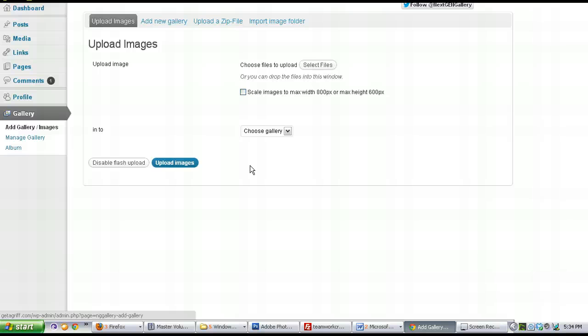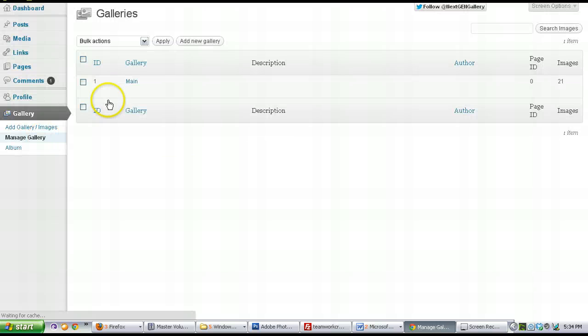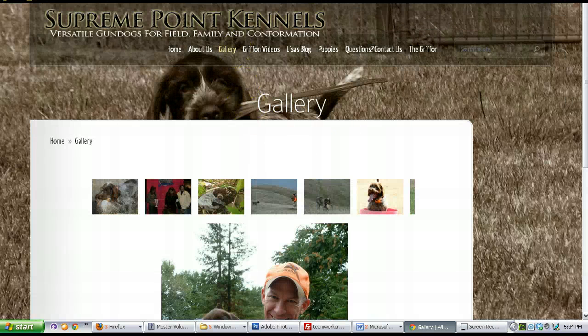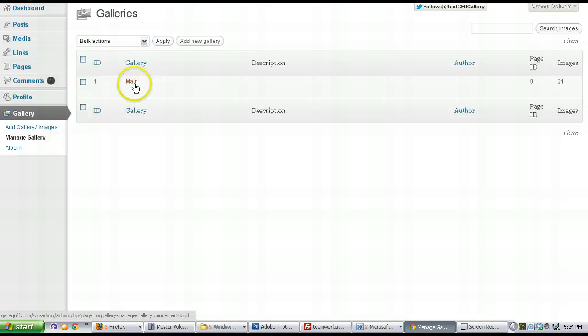So when you click on gallery, you'll be taken to this page, and you can upload pictures. So for example, if we click on manage gallery, and this is the main gallery. This gallery here that I've set up is called main, and you can see that it has 21 images. If you click on it, you'll be taken to an area where you can edit the